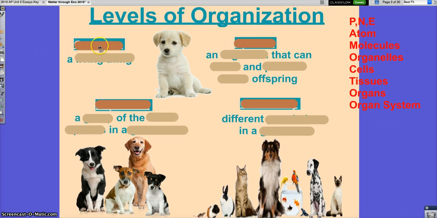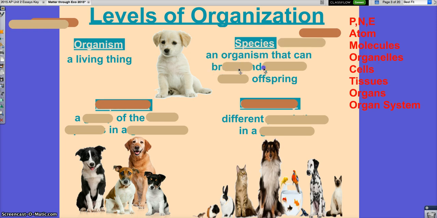What's another word for an organism? If it's an organism and it can produce fertile offspring. And that's really the definition of what we are in this class as individuals: an organism that can breed and produce fertile offspring. Or another word for a living thing. What do you consider? I'll give you a letter. Yep. An organism that can breed and produce fertile offspring. I mean, that's the definition of a species.